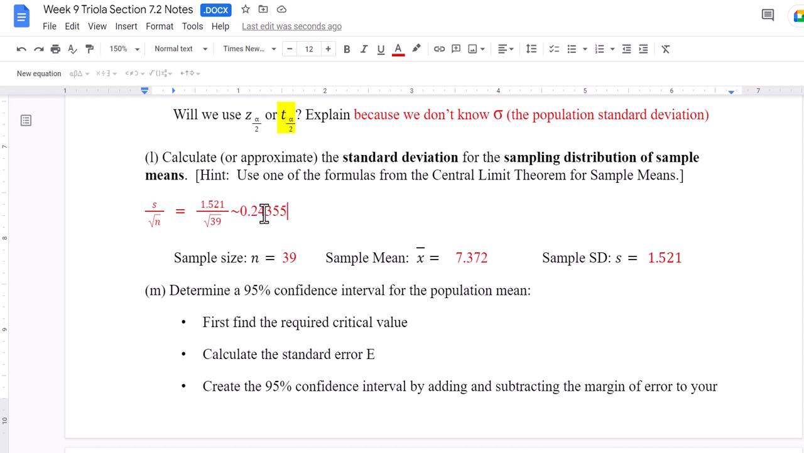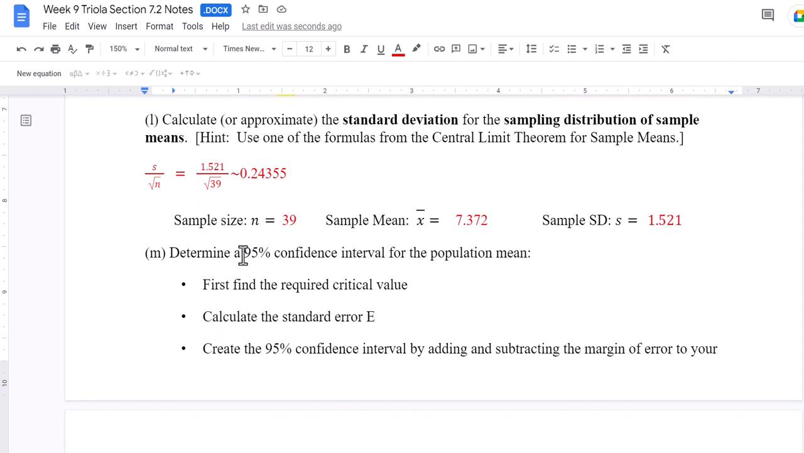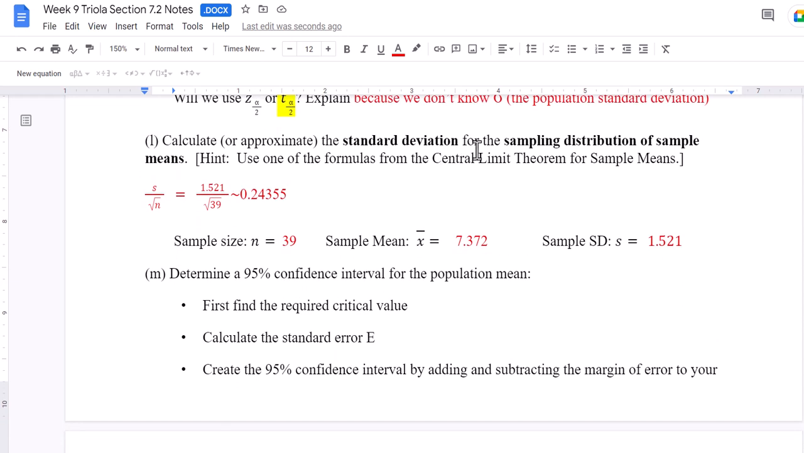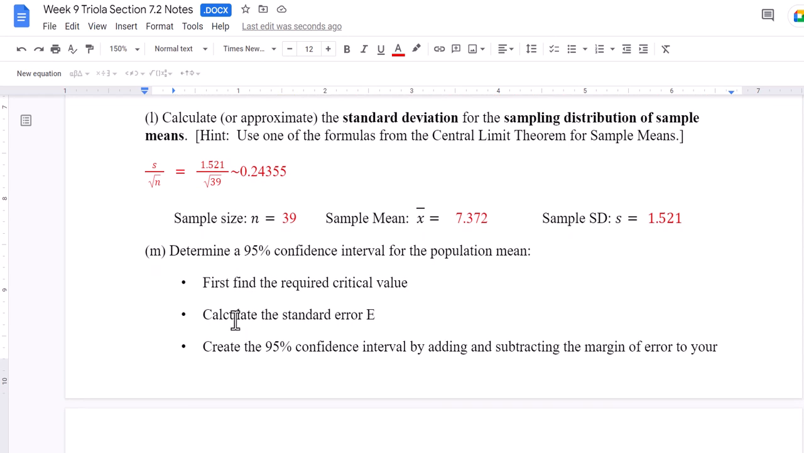So how many do I have? 1, 2, 3, 4, 5 decimal places. 4 to 6 will be good, so I'm just going to leave it at 5. Okay, so now we have our standard deviation that we can use, and now, in order to calculate